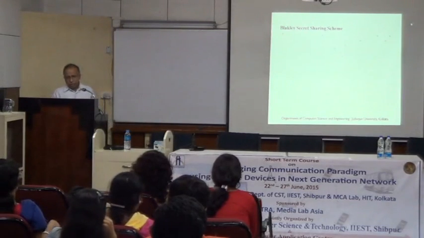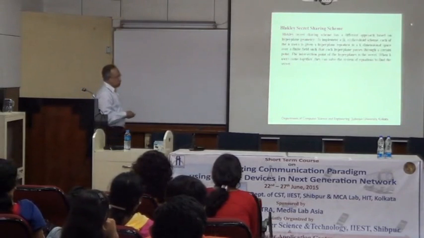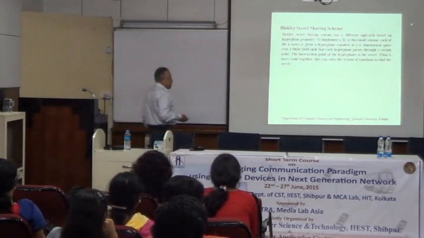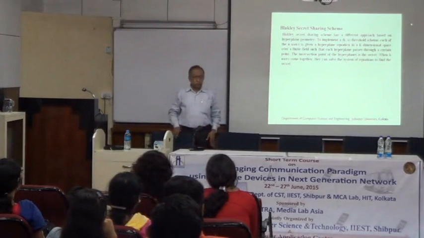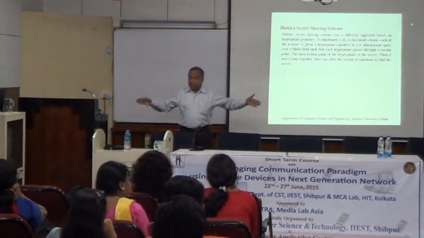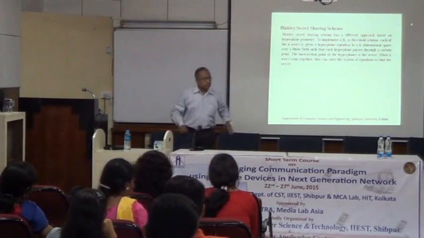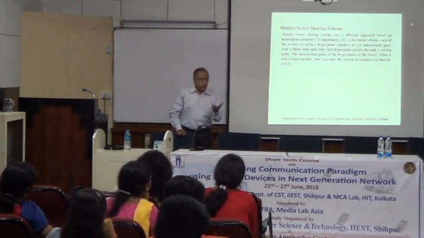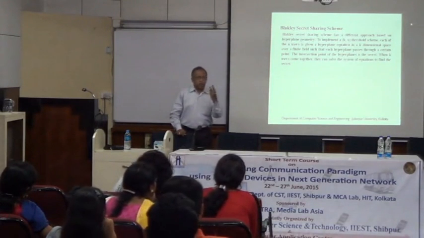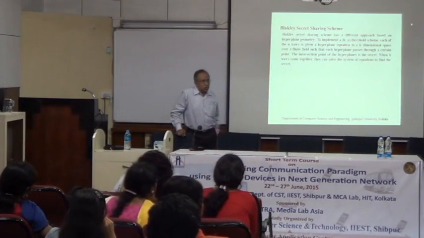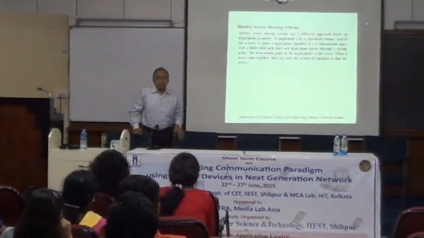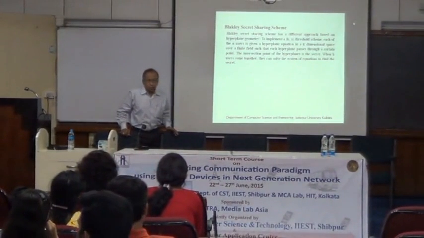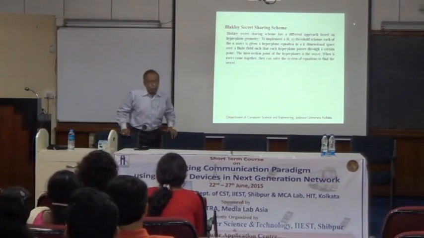In the same year, Blakley proposed another scheme where every share is a linear equation with k variables. To solve for the variables, you know, with two variables you need two equations, with three you need three equations. Since each contains k variables, you need k equations. So simply by Cramer's rule, you can find out the secret.